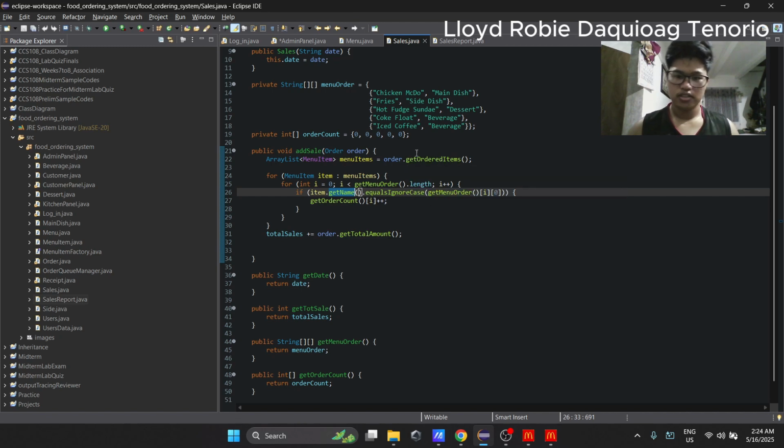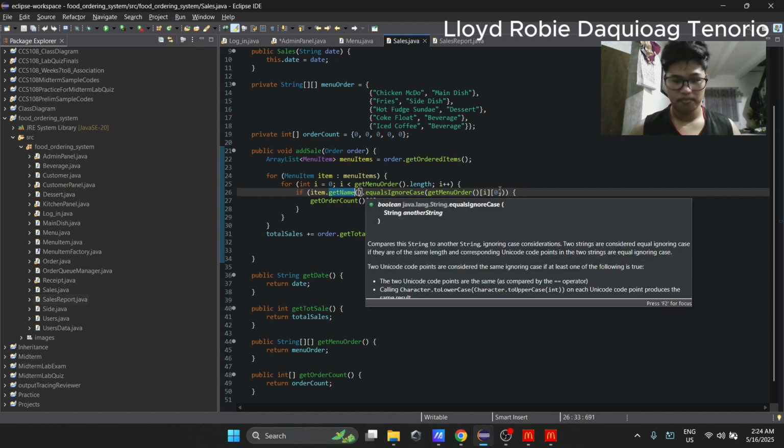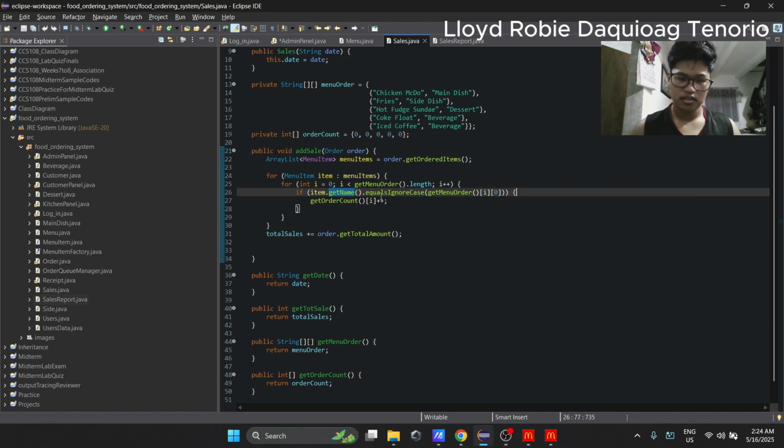So for example, if the menu item has chicken McDo, as I said earlier, then it will iterate through the for loop and check if the current row and column 0, which is the name, corresponds to the item's name. If it does, then the order count will increment.